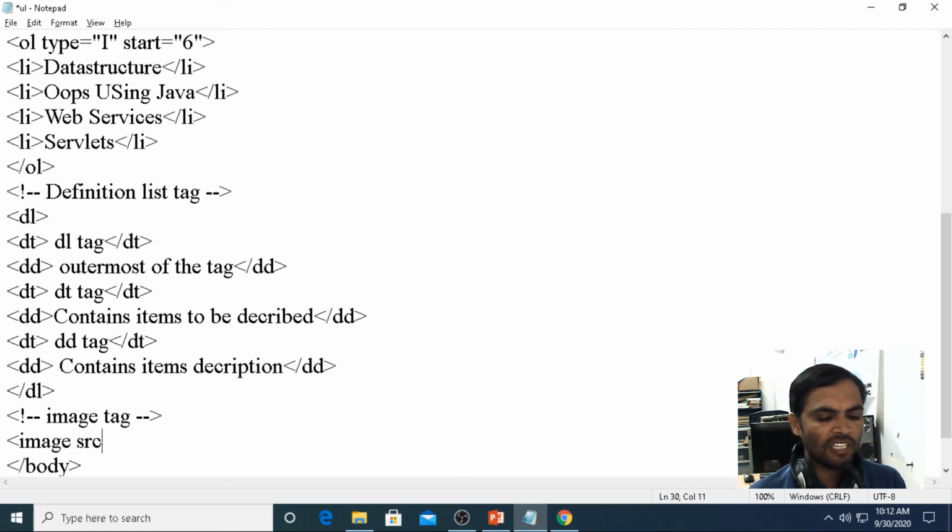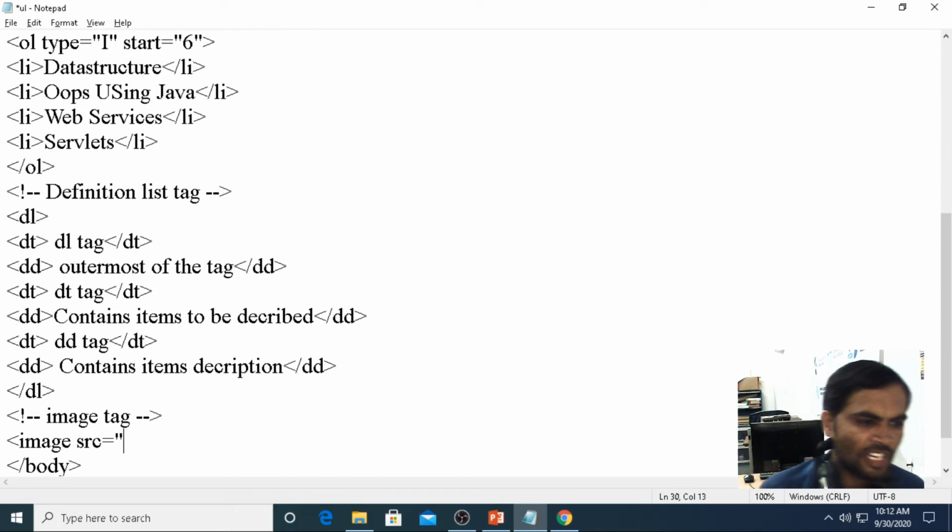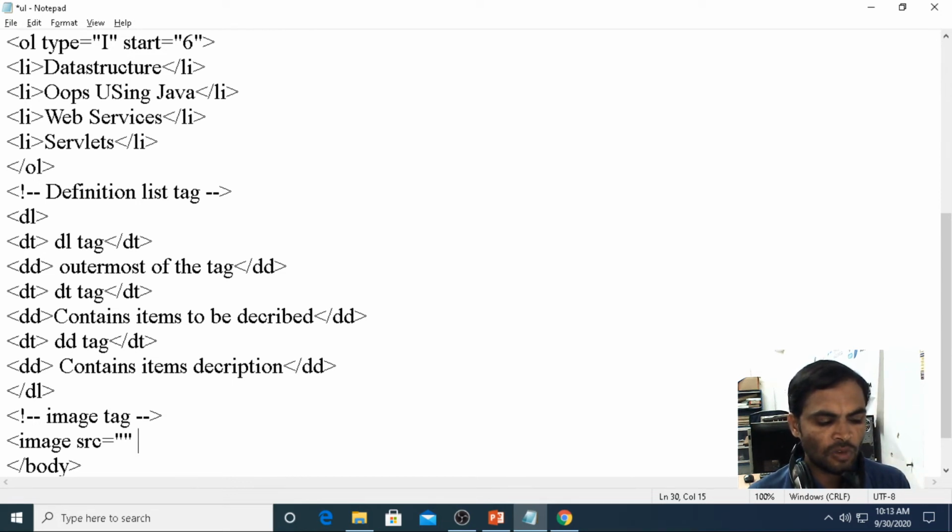Under that we have the SRC, where we give the value of a JPG or PNG file. Then we have one more attribute, alternate, which says founder of W3C.